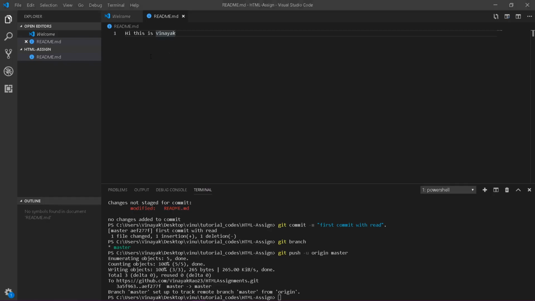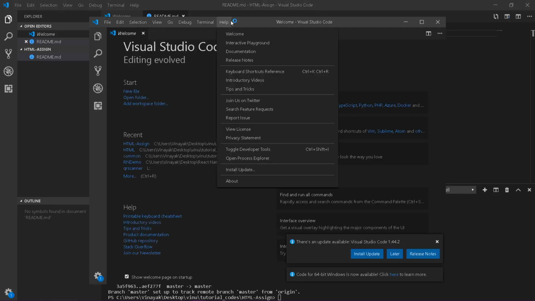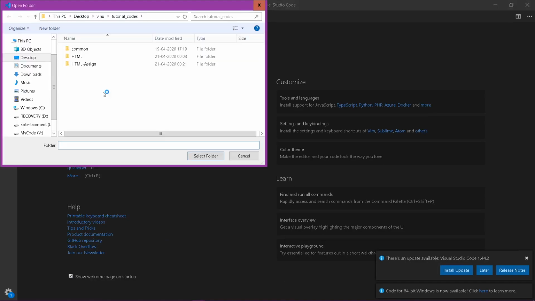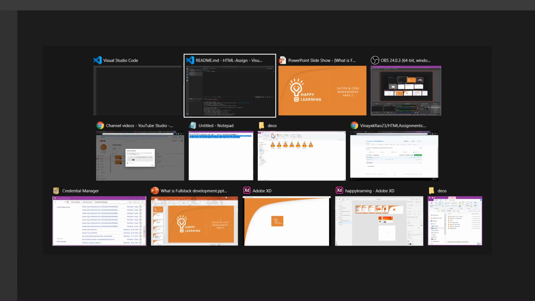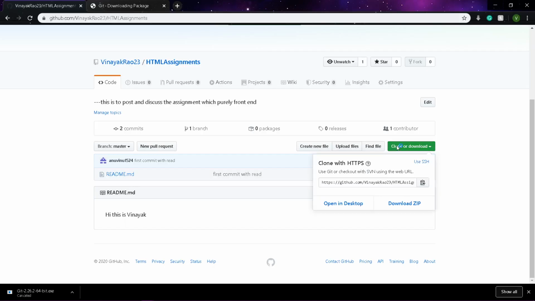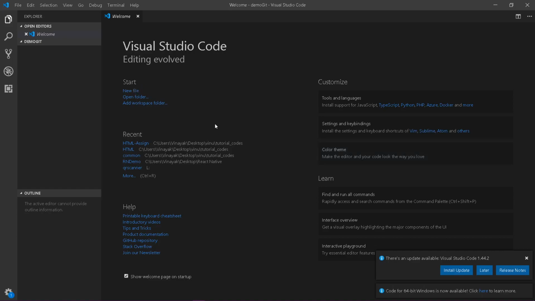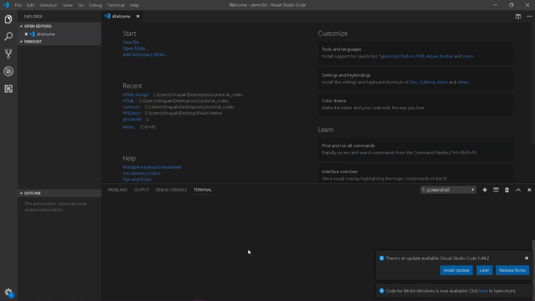So this is my repository. I'm going to create one more Visual Studio Code window and call it HTML assignment. It's already there, right? Demo git, and this is my folder. If you open my git, you'll see a button called clone here, so you need to copy this. I hope you have gone through the last steps: how to initialize, how to get into GitHub, and that you have a Git or GitHub account. You also have to have Git on your system.